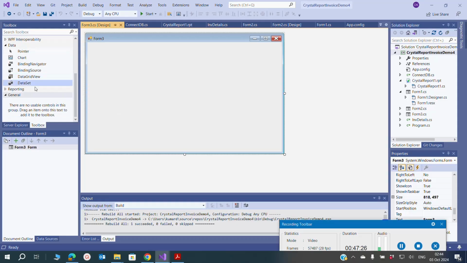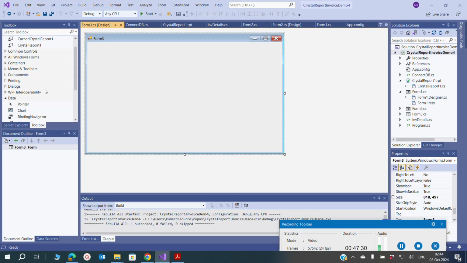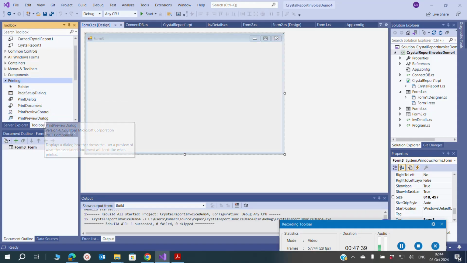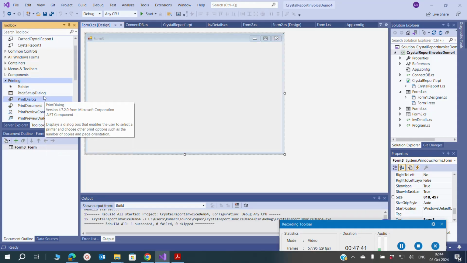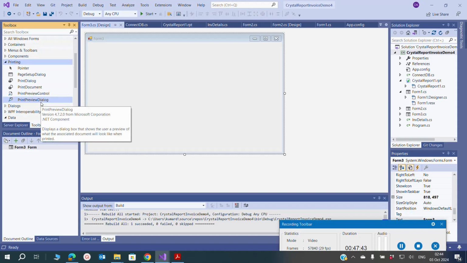So what we are going to do here is, of course, we have created the crystal report, but we need to put the components there. So we go to the printing tab. In the printing tab, first thing we're going to put is